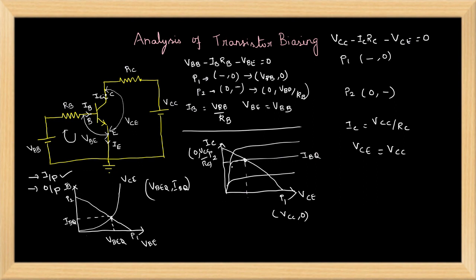When beta of the transistor changes, the collector current changes. That is, we know that IC equal to beta into IB. So when the beta of the transistor changes, collector current changes. When the collector current changes, the operating point also changes. Beta will increase when there is a change in the temperature. So the requirement is that temperature stability should be provided for a stable operating point.